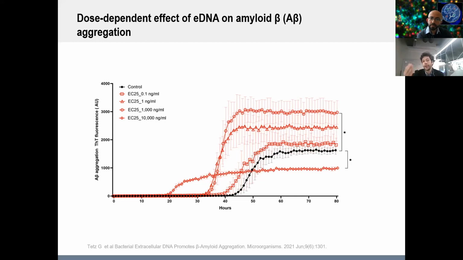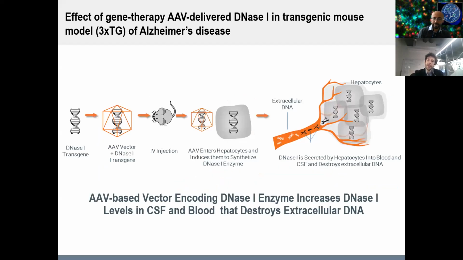So although there is no clear dependence on the thioflavin fluorescence, we have a very good explanation why it doesn't happen. That happens because such a high concentration of eDNA just triggers the formation of altered beta amyloid aggregates. So here we see dose dependence, and the lower one is no dose dependence. Sorry, I forgot that I have animation here. So the next question we tried to answer was, is there any effect of extracellular DNA destruction on Alzheimer's disease?